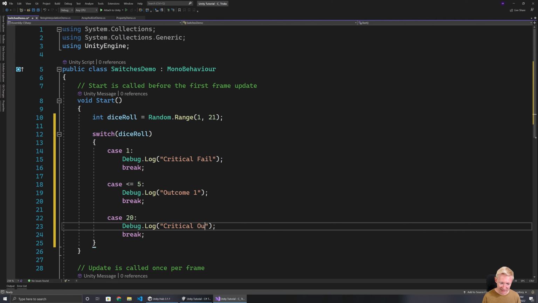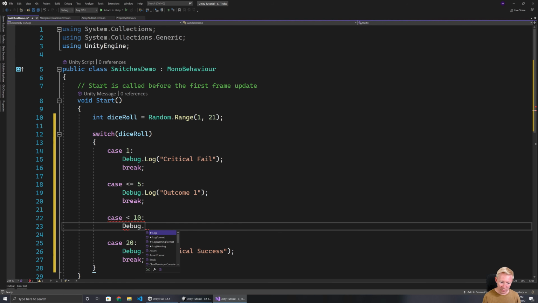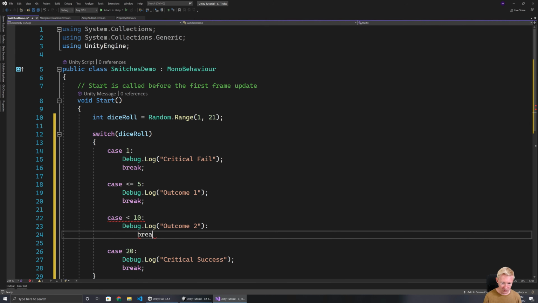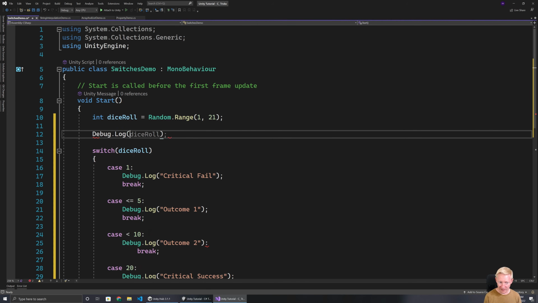We've got critical success. And I can then do some other ranges. So I could say, okay, well, if it's less than, but not equal to 10, that might be outcome 2. And I will actually log out the dice roll, again using the interpolated strings from before. Dice roll was